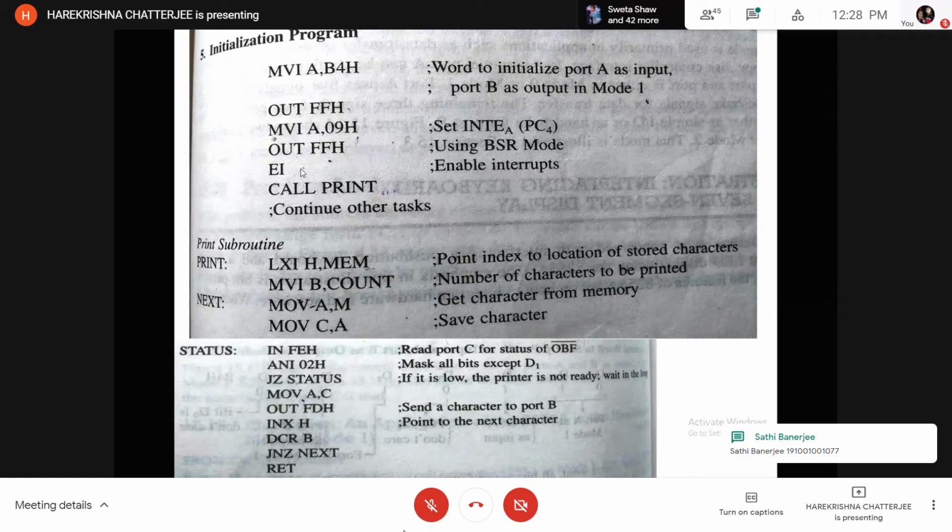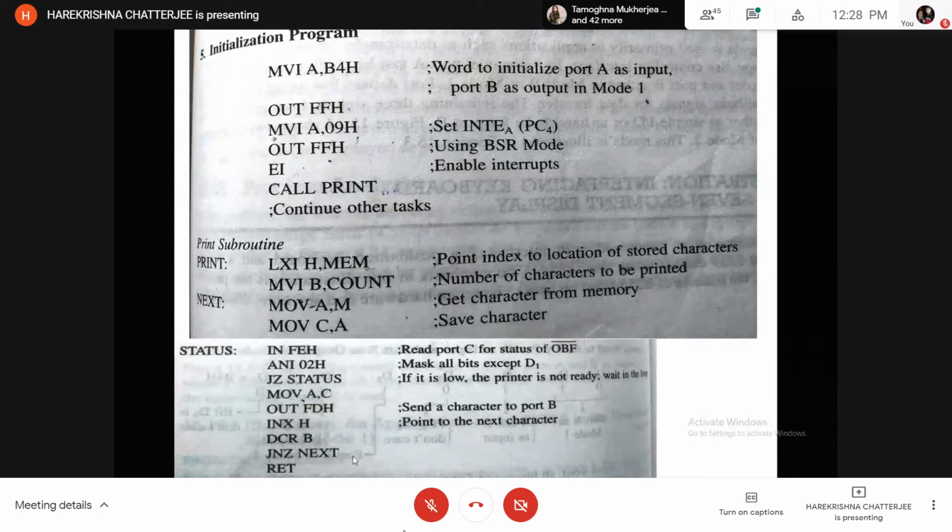But instead, this program segment up to JNZ next, you can write in the main program. After EI, it is better to use MVI A, 08, then SIM,